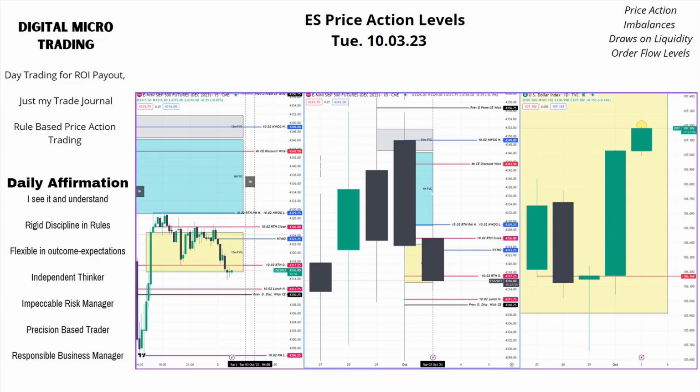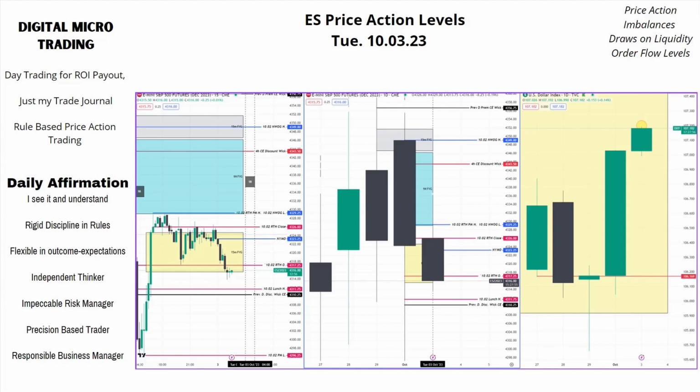Look at the middle chart. That's the 24-hour, and we started out in Globex with a very big, wide new week open gap noted by the blue lines. The first one below this blue rectangle, and then the second one in the middle of the gray. Those are the new week open gaps for the first week of October. Price just busted through the bottom one and closed. And what I've got here is a New York midnight open.